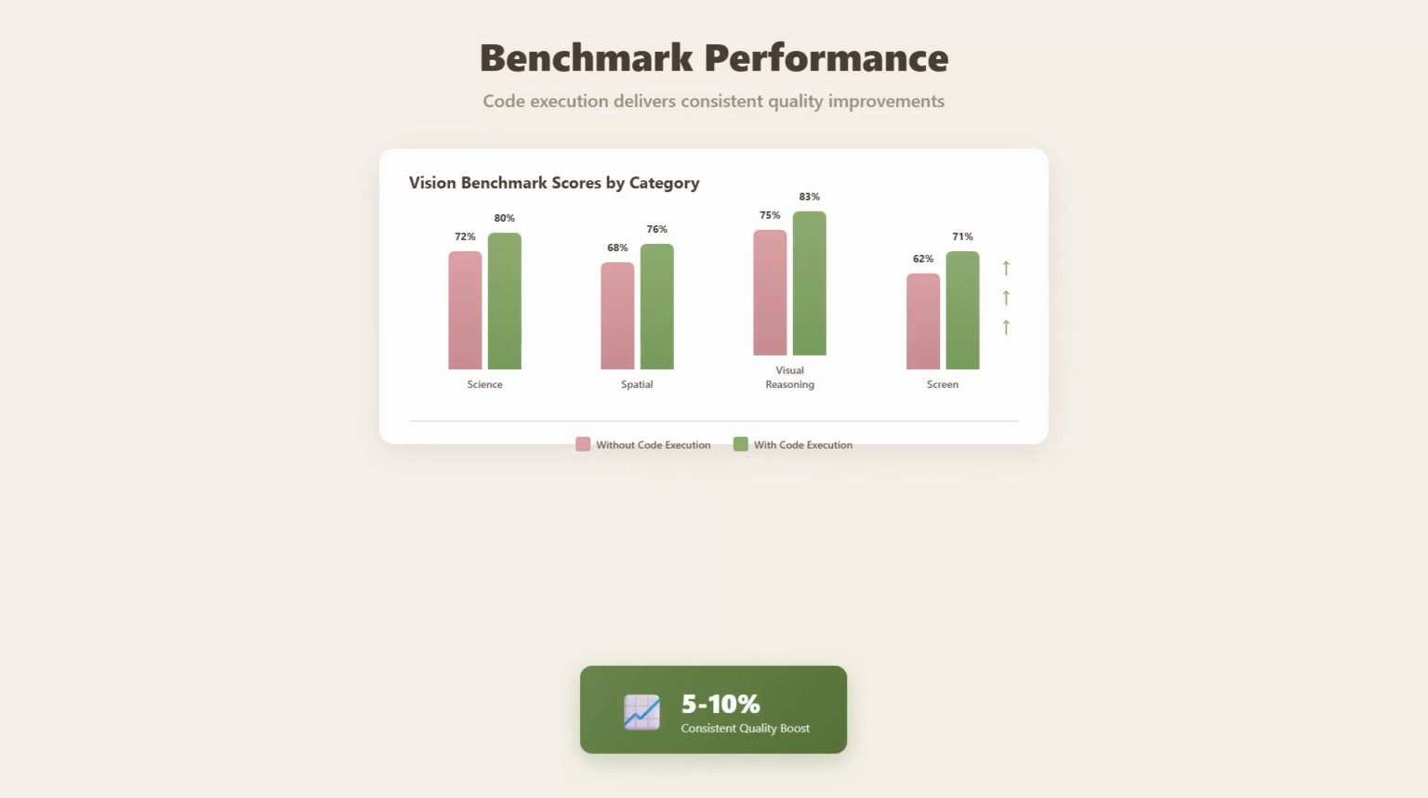Notice how the improvement is consistent across all categories. This isn't a technique that only helps with one type of task. It's a fundamental enhancement that raises the bar everywhere. The key insight here is that a 5 to 10% quality boost is the number to remember. This consistent improvement comes from the model's ability to actively investigate images rather than making decisions based on a single static view. When you can zoom, crop, and annotate, you catch details that would otherwise be